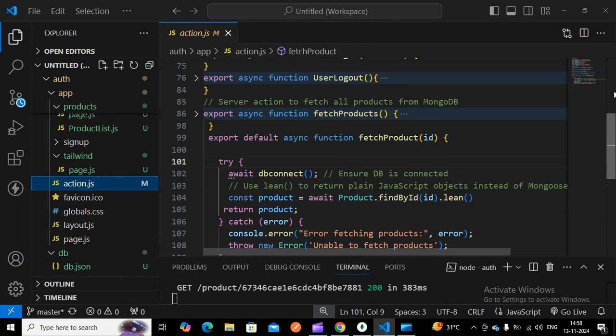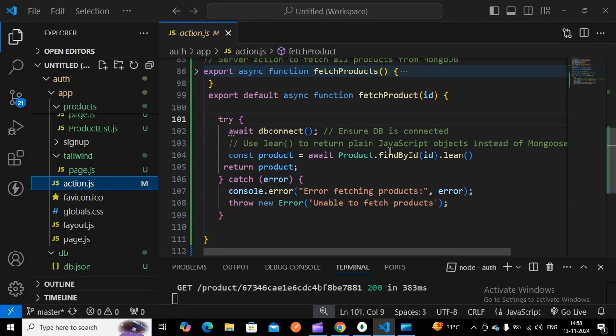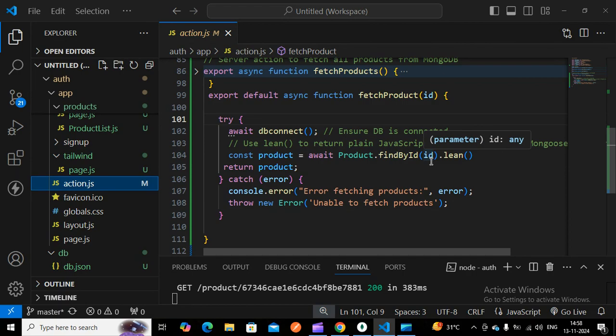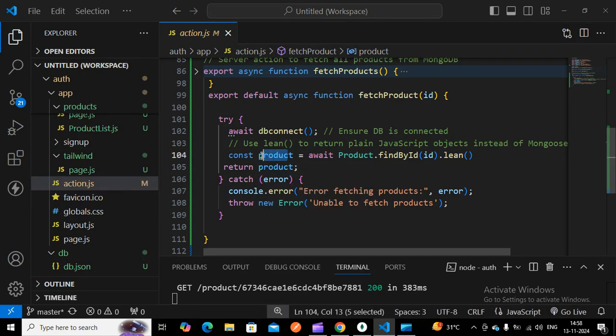Once we have imported from this product model, I have to find this particular id in the database. For that, we have to use the findById method, and also we have to pass the id so that we can find that particular item, and we will get it in this variable product. So I just want to return that particular product.